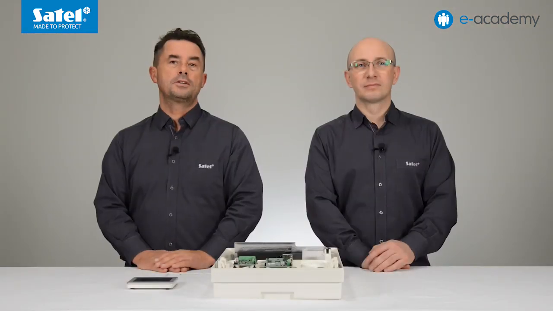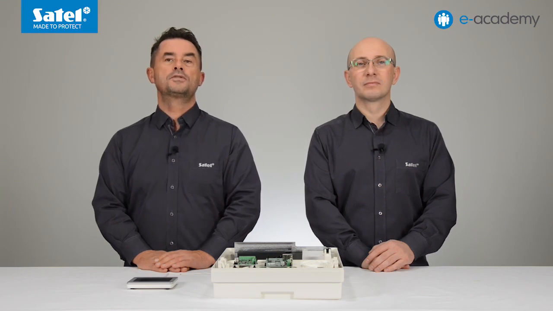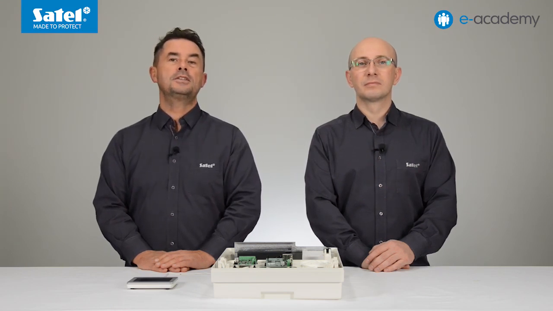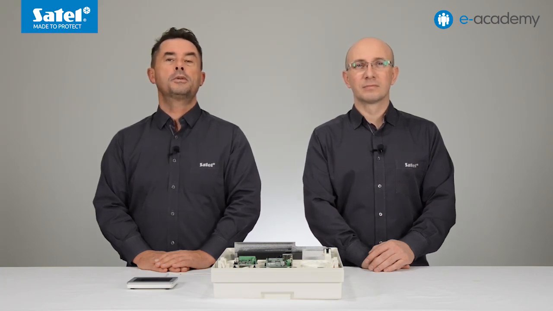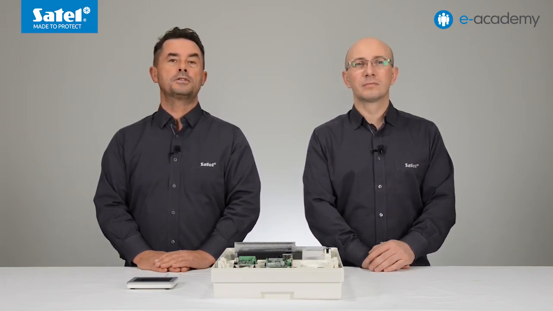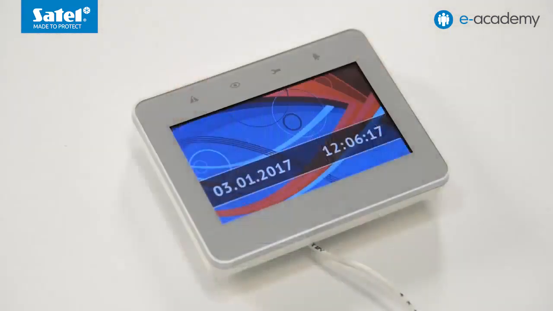Now we will discuss how to set the address for the INT-TSG keypad. As mentioned earlier, the address for keypads is set programmatically. By default, address 0 is set. After starting the control panel from the factory settings, all keypads connected to the keypad bus are supported, regardless of what addresses are set for them. This allows you to set correct individual addresses in the keypad and perform identification of devices connected to the bus. The keypad address can be set in 2 ways. This is the first one.